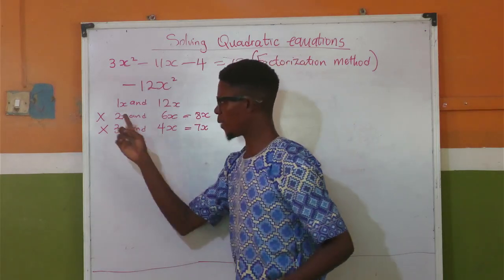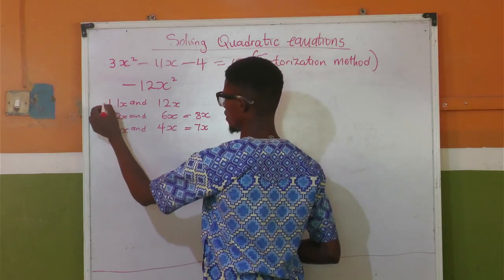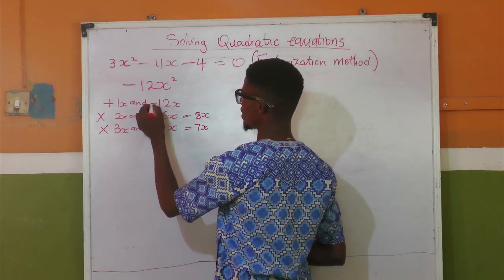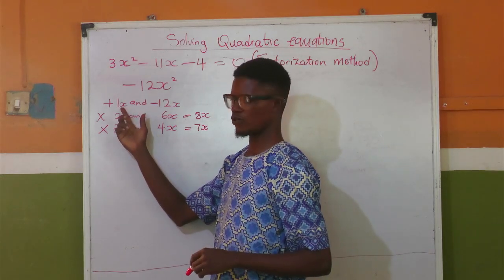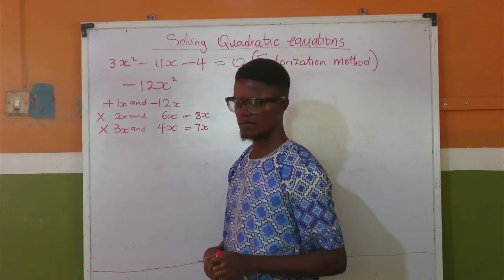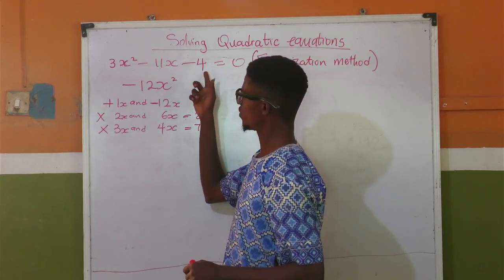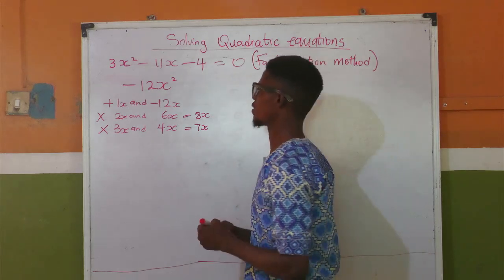So that means that the sign that will be here will be a positive sign, and the sign that will be here will be a negative sign. So you simply say that if I do plus 1 minus 12, it will give me minus 11. Are you getting now? So I can rewrite this equation, 3x squared minus 11x minus 4 equals 0 as,